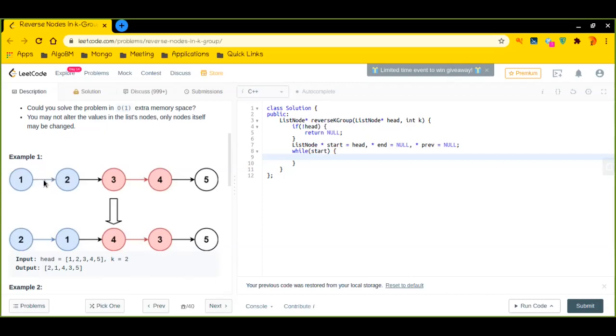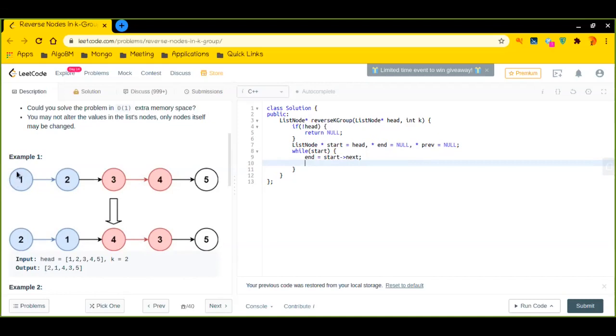Before we disconnect it, one of my pointers should point to the next node. Let's say that pointer is end, and it points to the next node of start. After it is pointing to this node, we can safely remove this connection.